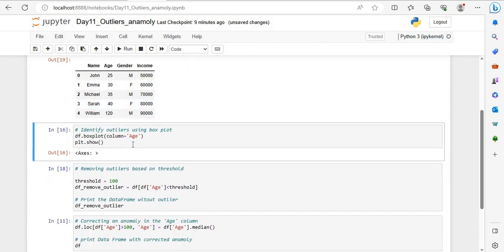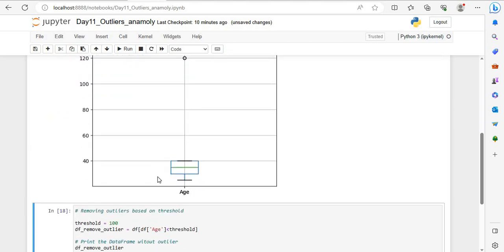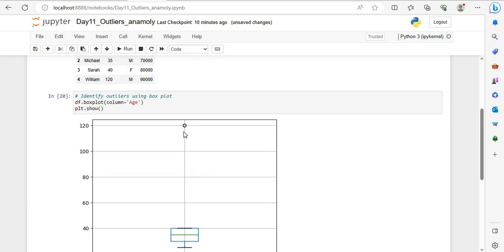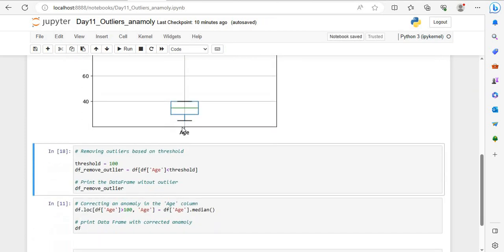Now, using this data set, we will identify the outlier using the box plot. If I run this one, you can see it is clearly showing that all of the data is lying under 40 and there is only one data point, which is at 120. So now, since we have identified the outlier,